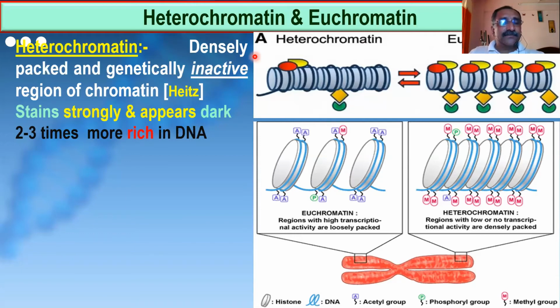What is heterochromatin? The inactive region. That is the one word answer I expected. So the inactive region of the chromatin is known as heterochromatin. What characteristics can you say? One, it is thick. Second, it is dark colored, dark stain. Third, we can notice that the DNA will be more over here. We can say this is the most inactive region of the chromatin. That is what is called heterochromatin.